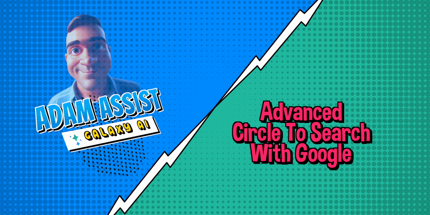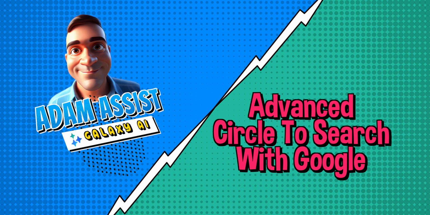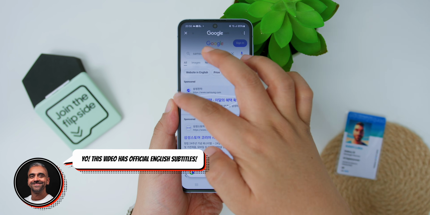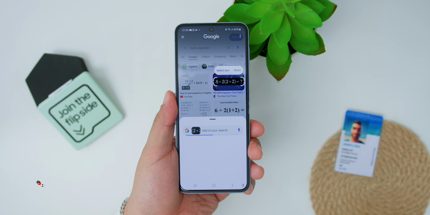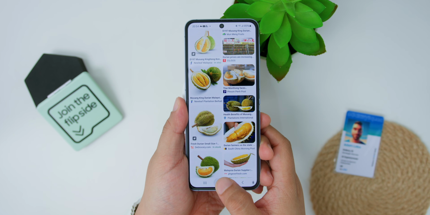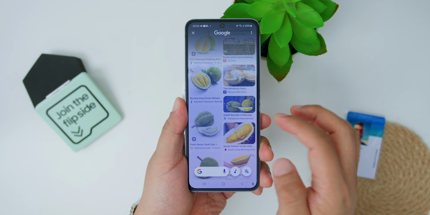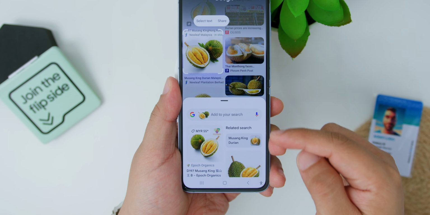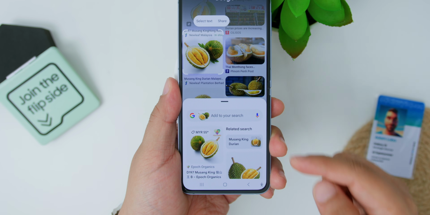First up is the Advanced Circle to Search with Google. Now, in case you did not know, the reason why this is known as the advanced version is because it's not just about image and text searches anymore. Because now you can even translate languages or solve math problems as well. So if you see an image on a website and want to learn more about it, just press and hold the virtual home button, then circle the image that you want to get more info about. And the same goes for text, where you just have to circle the text that you want to know more on, and snap, you got the details you need.